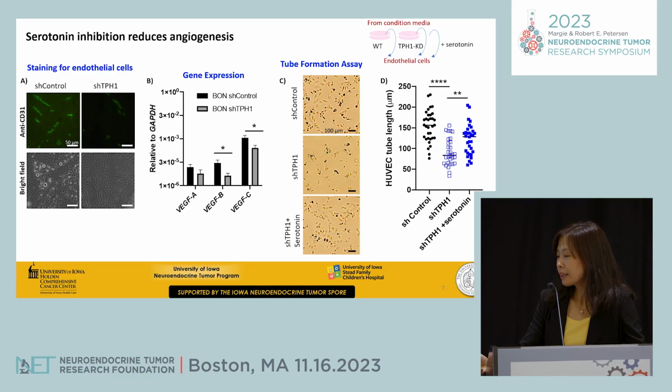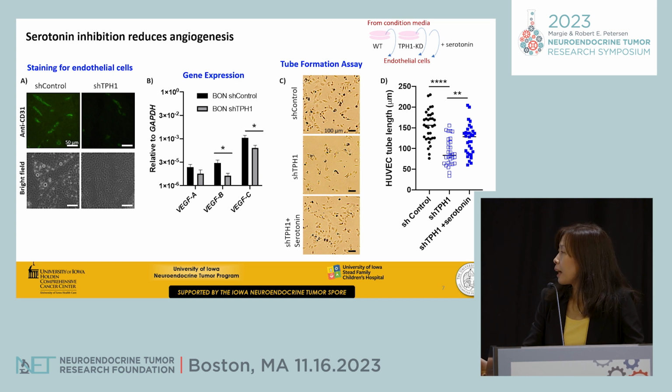So to look further, we want to see what's happening in the tumors where we inhibit TPH1. We stained for an angiogenesis marker, because a few pictures ago I showed you that if you just look at the tumors, they look less vascularized. They were not as reddish when we harvested them. So we looked into the endothelial cells in the tumor section, and we noticed there were fewer endothelial cells, stained in green here, in the TPH1 knockdown compared to the control group.